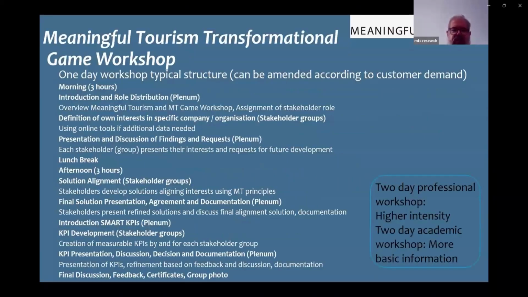So this is how one day is working. Normally in the morning, it will be discussions and always going back and forth between plenum and each stakeholder group talking among each other. And the first part of the afternoon will be like that. And then the second half of the afternoon is dedicated to developing, on the basis of what has been agreed, what people want to do, what alignment of interest there is, smart KPIs to see, okay, how can we measure and what can we do to improve the situation for each stakeholder